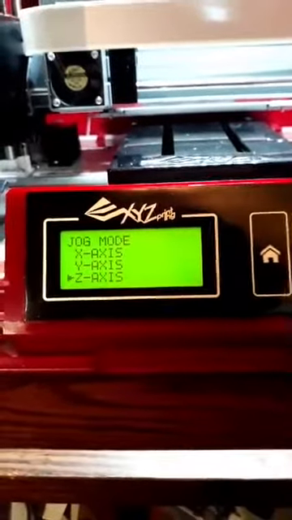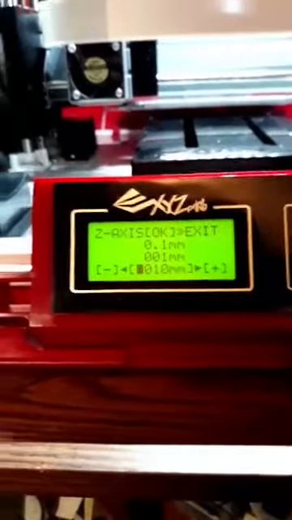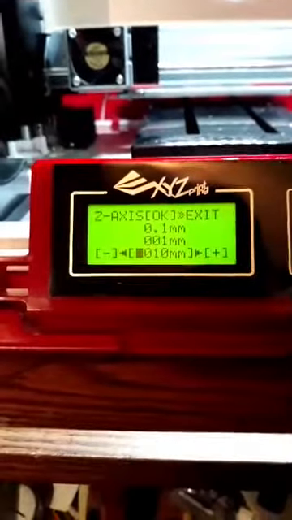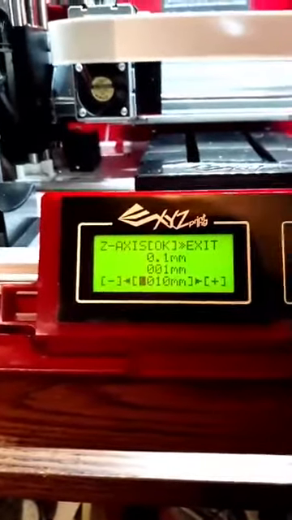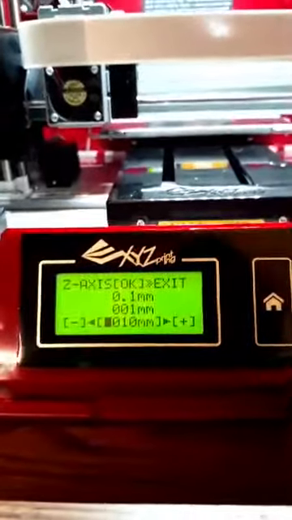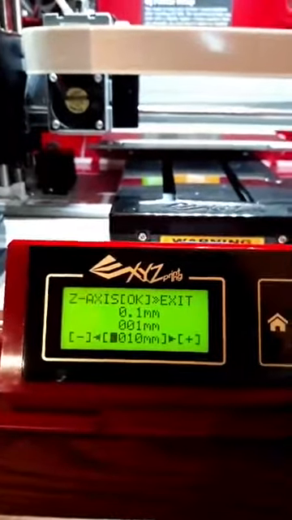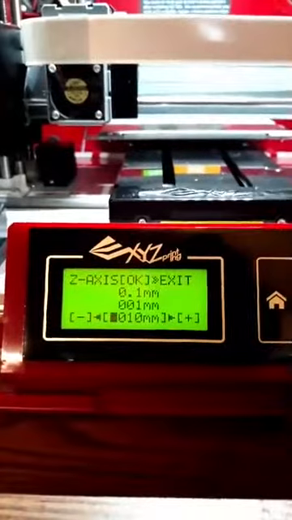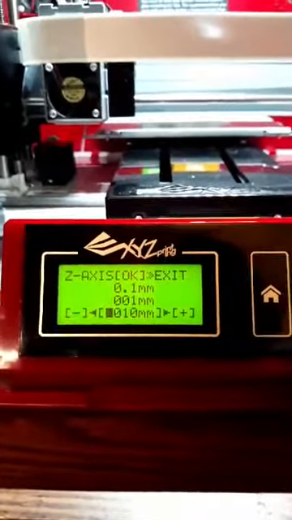Oh, why do I keep hitting OK on that? There. And, strange. It only wants to do it once.